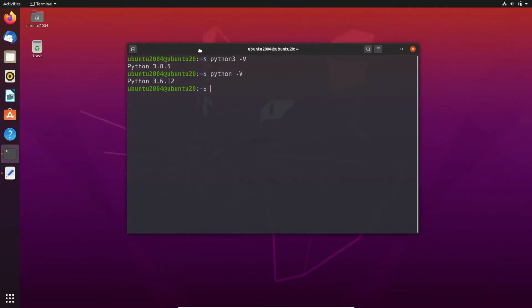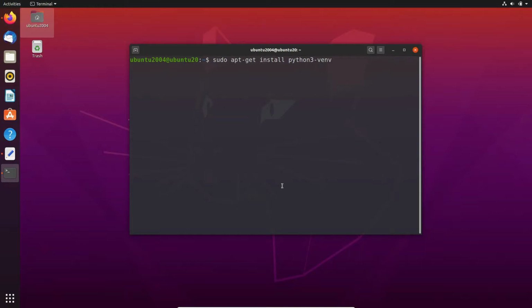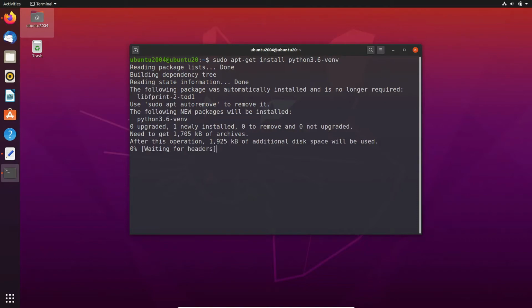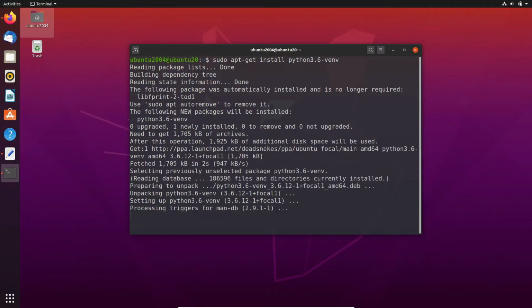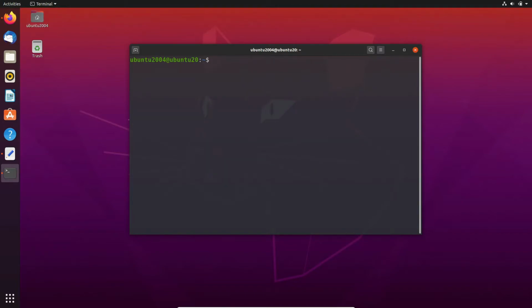For that, we need to install the virtual environment in our Ubuntu. So we can give the command as this, with python3.6. This will install the Python 3.6 venv. Now let's create one directory for installing the Django application. So mkdir, and I'll give the name as Django. Here you can see the folder name is Django, and inside this Django folder I'll be installing the virtualenv.